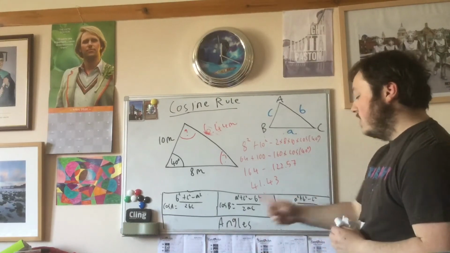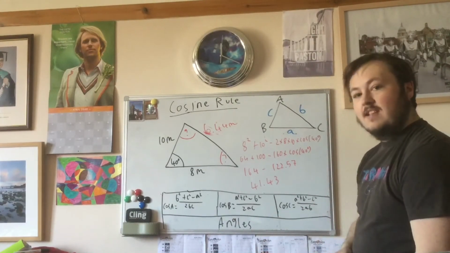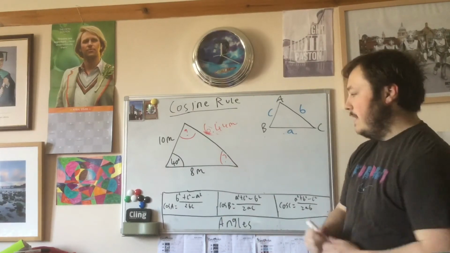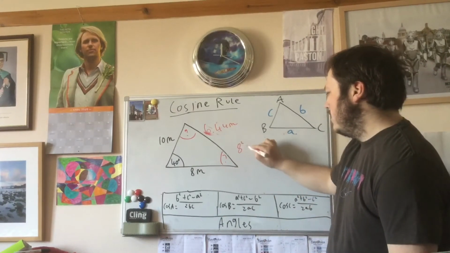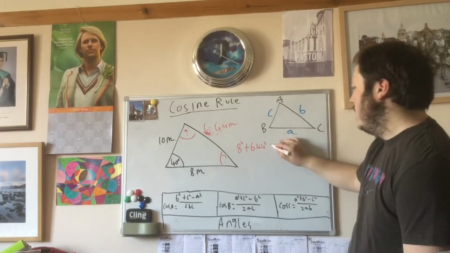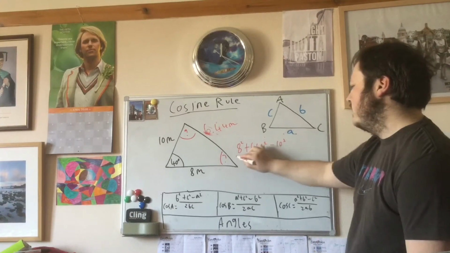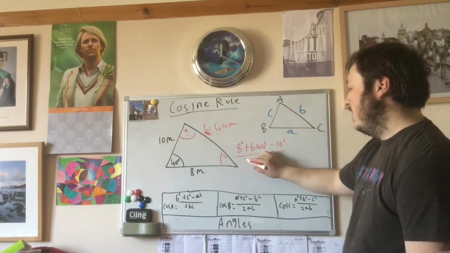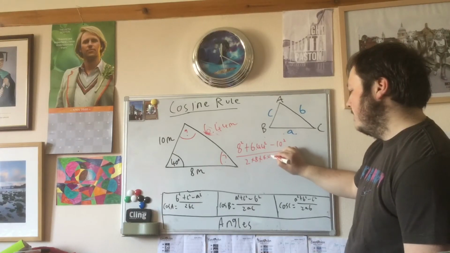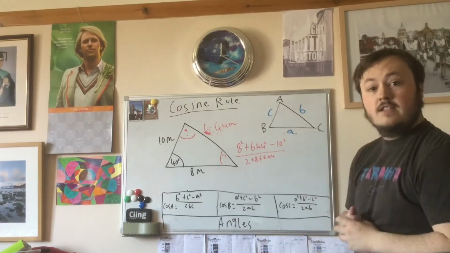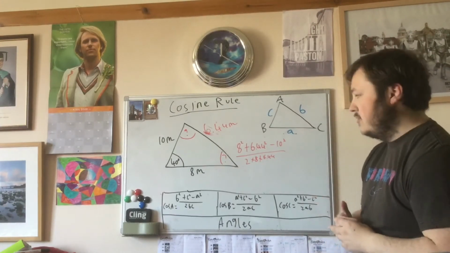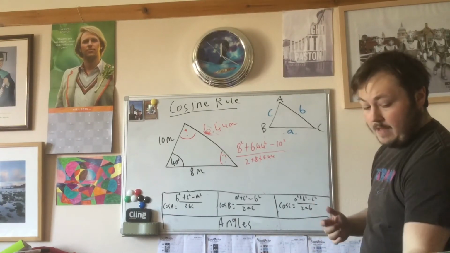Now, we have 2 angles left to find. So now let's use the cosine rule to find those missing angles. The angle I'm going to find first is this one. So let's write it. 8 squared plus 6.44 squared minus 10 squared all over 2 times 8 times 6.44. Let's polish this up a bit. 8 squared is 64. 6.44 squared added together, and then you take away 100 from that, will be